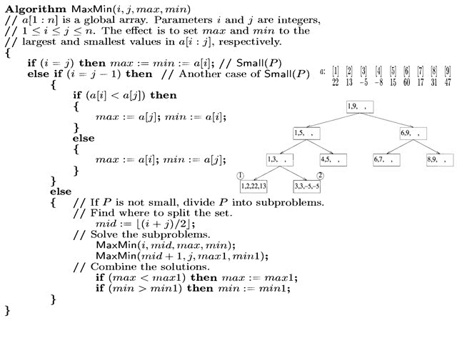That is max min I comma mid. From the beginning to mid, find the value of max and min, then max min mid plus 1 to j, max 1 and min 1. Then once we get the value of max min in the first half of the array, and max 1 min 1 in the second half of the array, again combine the solution by comparing these values. That is, if max is less than max 1, then max 1 is greater. If min is greater than min 1, then min 1 is lesser. So maximum becomes max 1 and minimum becomes min 1.